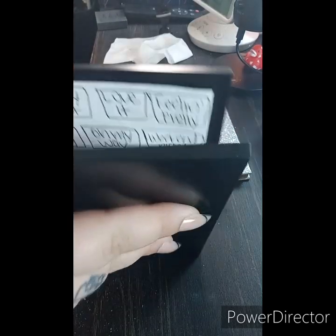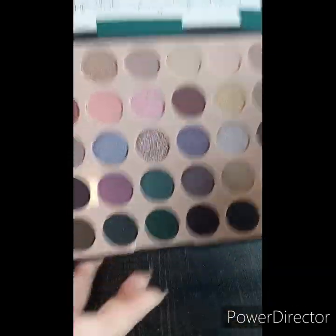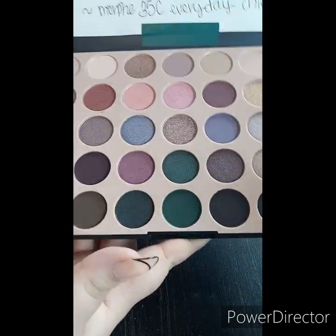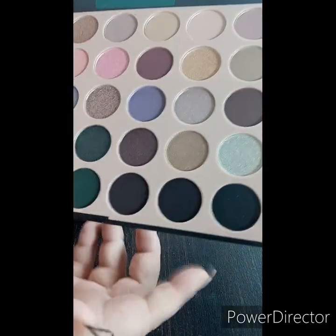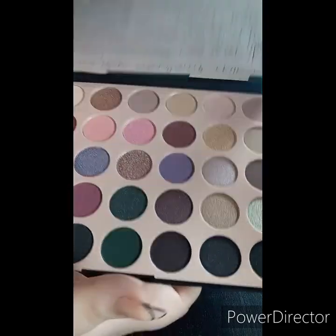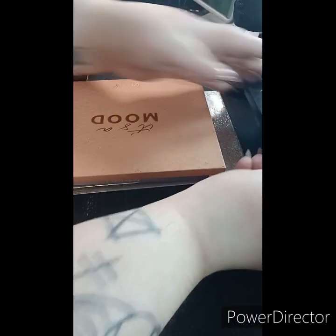Morphe. This is the 35C Everyday Chic palette, and I also wrote all of the shade names up there. I wanted this palette for months and months and months. It went on sale, I took it in and out of my cart, and then I found it at TJ Maxx or Marshall's, one of the two. And I still haven't used it, so I'm going to be keeping it, but you are on thin ice. And it looks disgusting, but